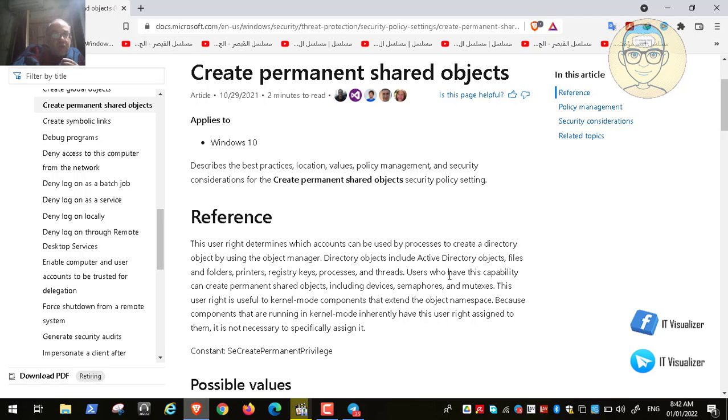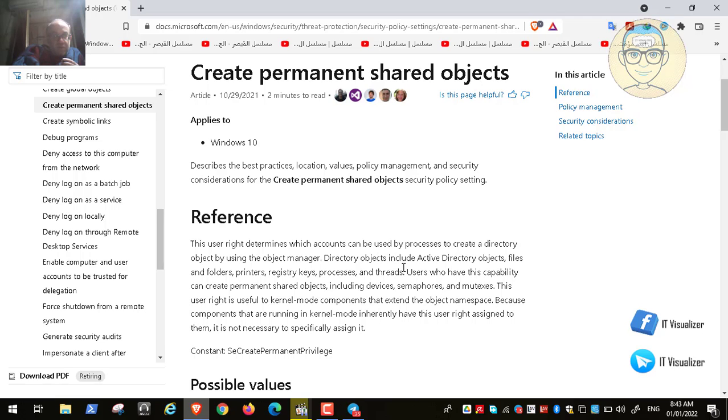Users who have this capability can create permanent shared objects, including devices, semaphores, and mutex. This user right is useful to kernel mode components that extend the object namespace, because components that are running in kernel mode inherently have the user right assigned to them. It's not necessary to specifically assign it.